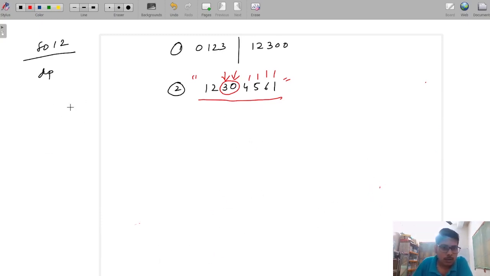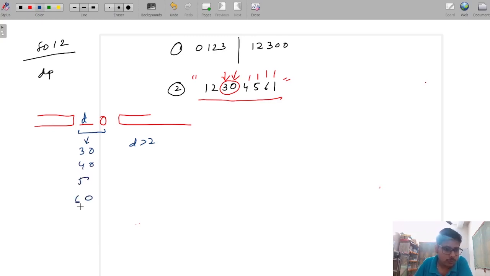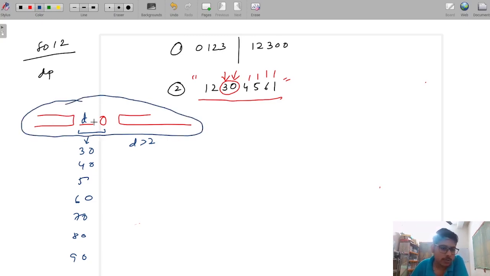So here are some rest parts, here is a digit, here is a 0. If this digit d is greater than 2, then this can be 30, 40, 50, 60, 70, 80, 90. 100 is not a sensible thing. So there may be any digit. Then from this given string, suppose there is a part d0 where d is greater than 2. Then you cannot actually extract,